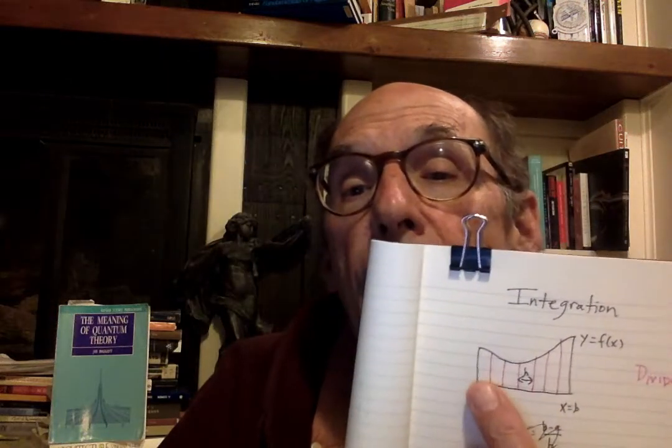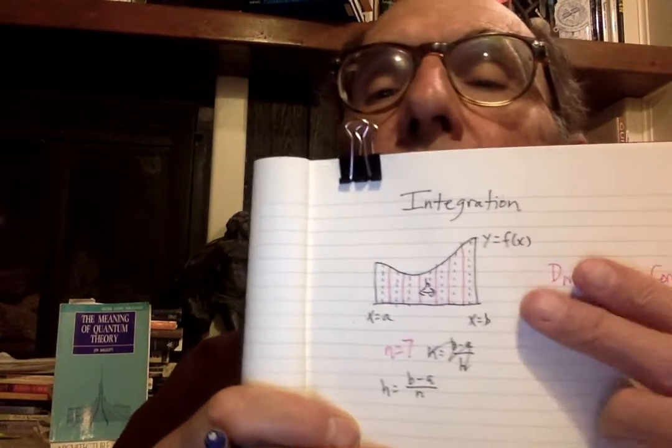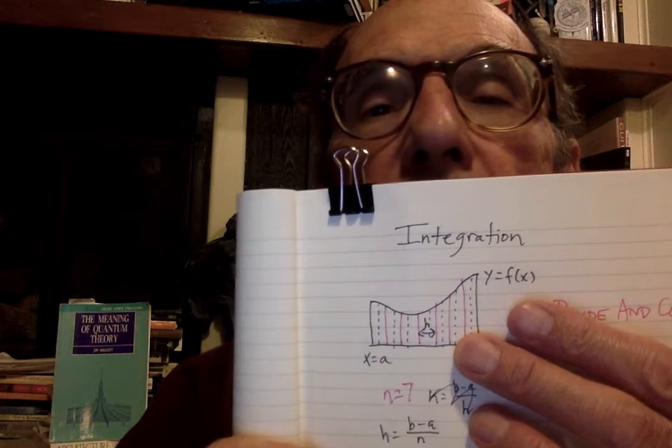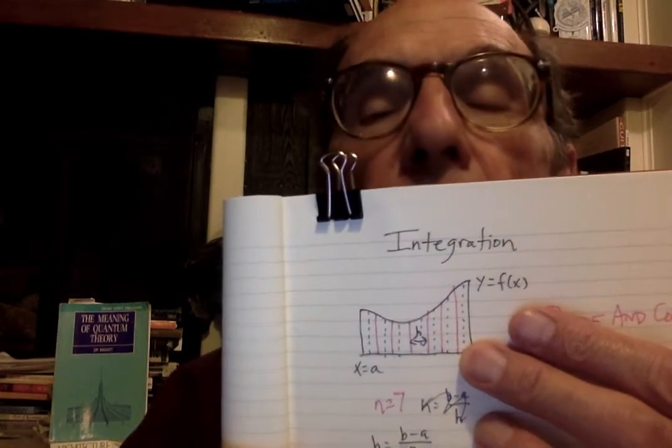So what I'm going to do is I'm just going to sample the height in each of these subintervals. So the sample is going to be this dotted blue line. That's going to be the sample height. So I'm drawing 7 dotted blue lines. There they are. They're just so dotted. They're just so blue. So the red indicates the edge of the subdivision, the subinterval, and the blue, that height